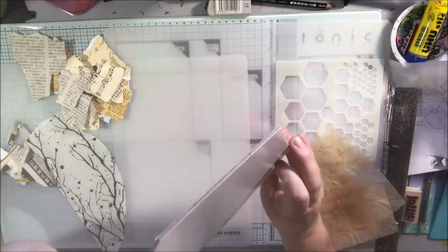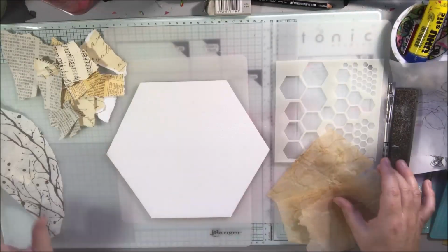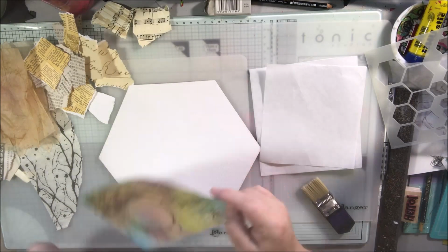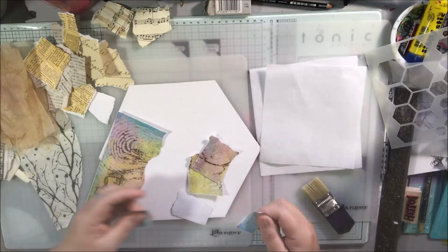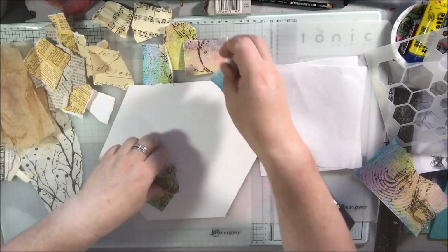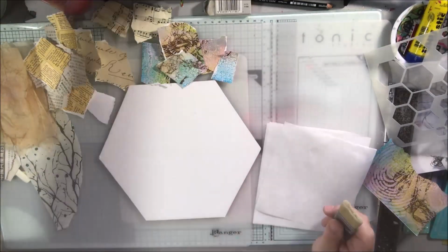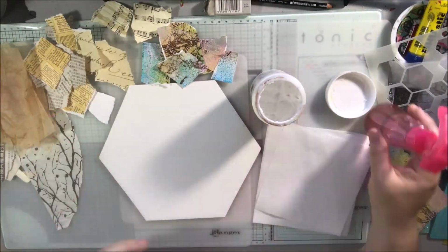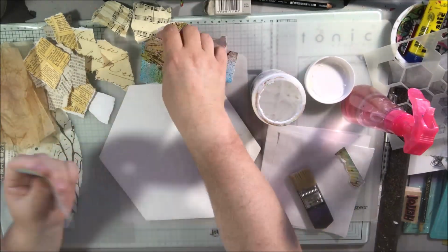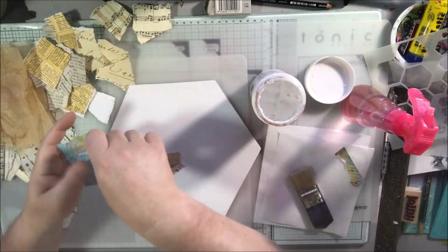It took about an hour and a half. I did a little bit of fussing after the hour and a half was over, but not that much. So pretty much done in an hour and a half. I did want to use some neutral papers with some pattern, and then I also wanted to use this piece of gel printed paper. Last week on the live show, I did some gel printing using our printed out papers